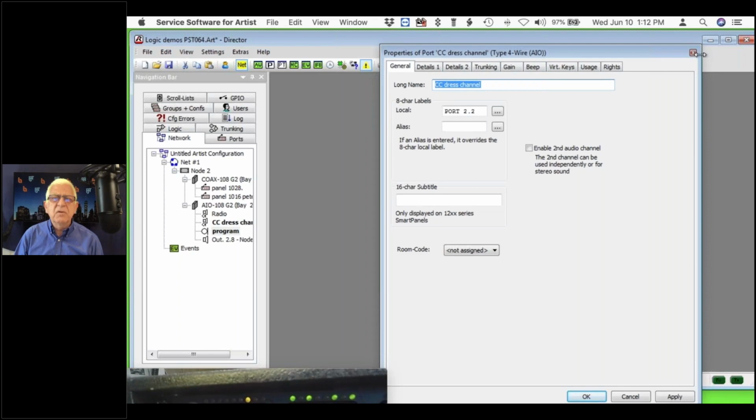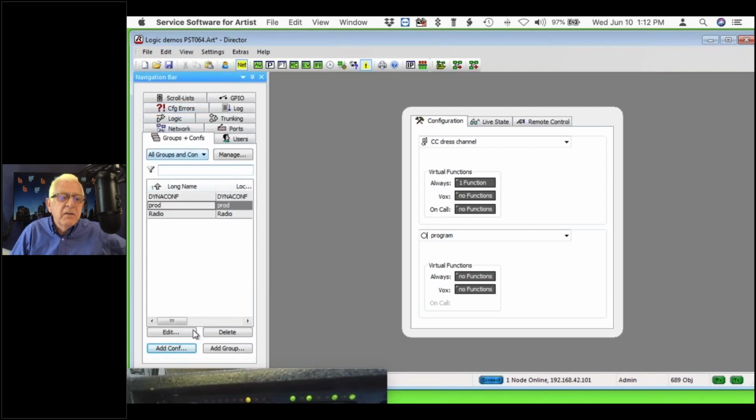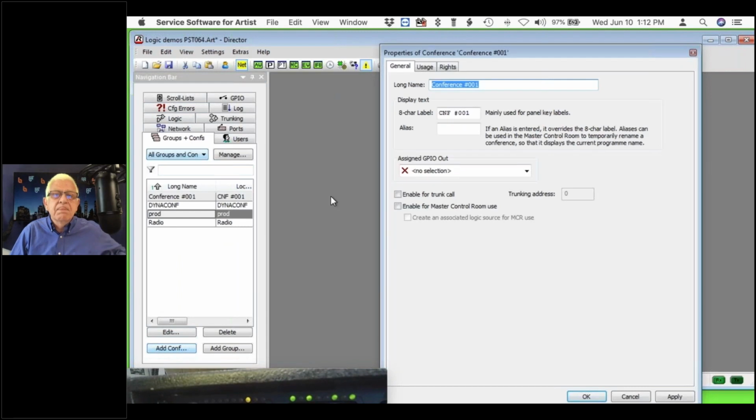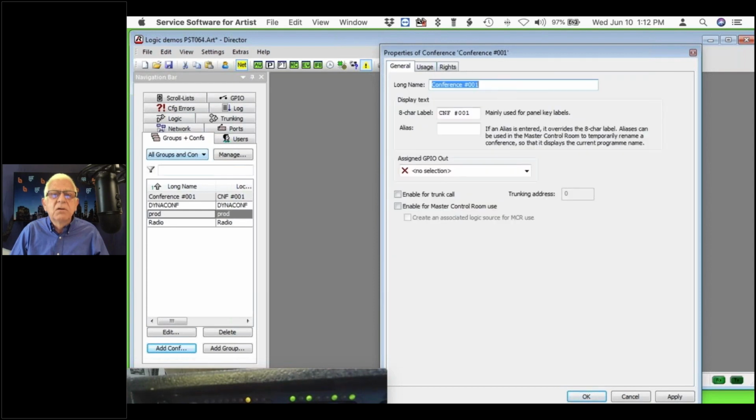Maybe you can't do it with that. I was thinking I could set the priorities different, because if I set the party line level at a higher priority,